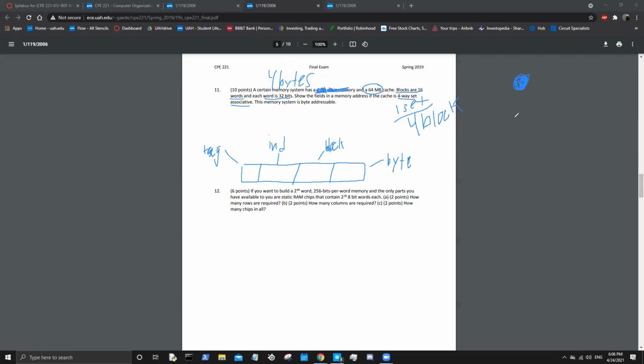If you have 1 bit, it's a 1 or 0, that represents 2 states. If you have 2 bits, that can represent 0 to 3 decimal, therefore that can represent 4 total states. That means that our byte offset is just going to be log base 2 of the amount of bytes in a word, which happens to be 4 here. And this is going to be equal to 2, and this unit is bits. So the byte offset is the log base 2 of the amount of bytes, not bits,